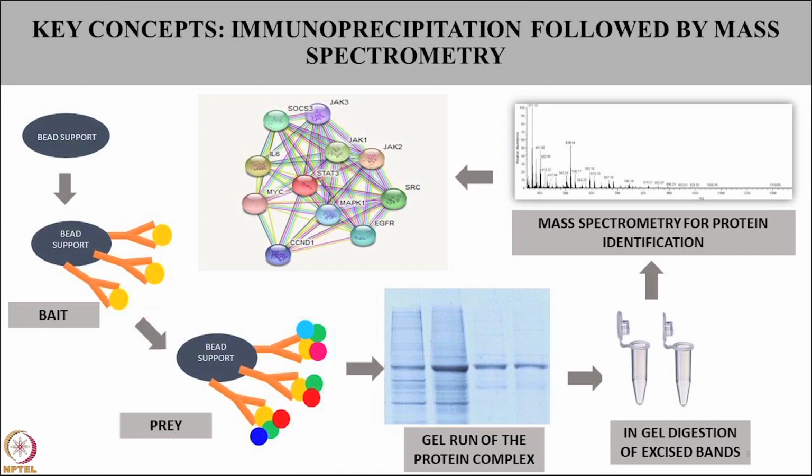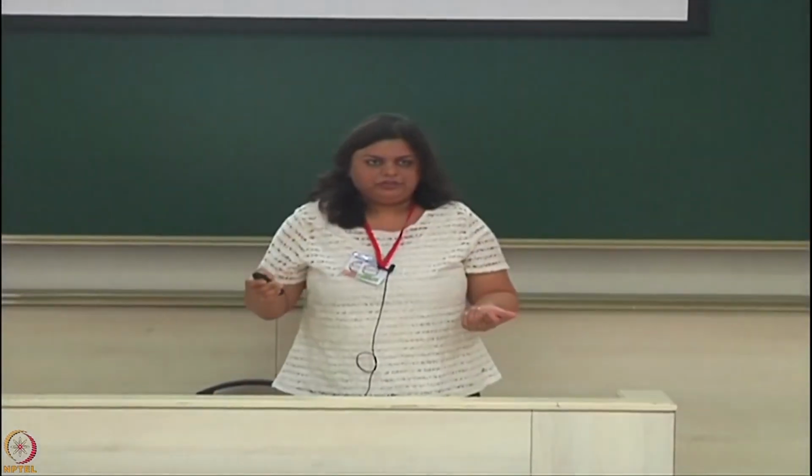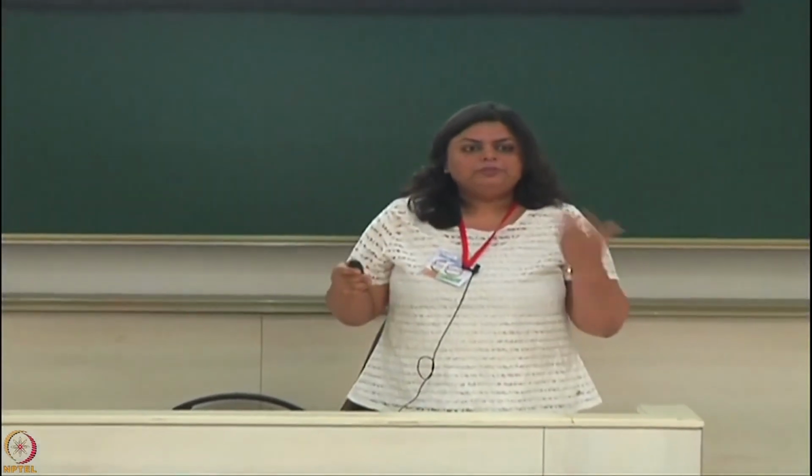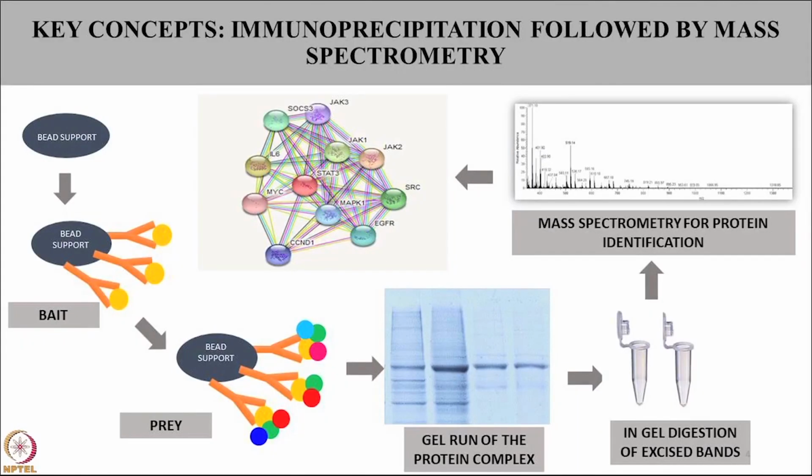So we will take a case study today, that is STAT3. STAT3, as you know, is part of the JAK-STAT pathway. And what if you were interested to see which proteins are potential interactors of STAT3. So we will take an anti-STAT3 antibody and conjugate it with the bead, and then, let's assume that this yellow dot is STAT3, STAT3 will bind to the antibody, and then all the interacting partners of STAT3, we are expecting, will come and bind to STAT3.